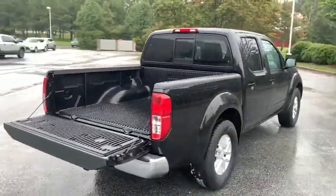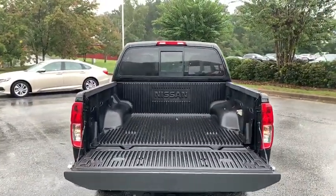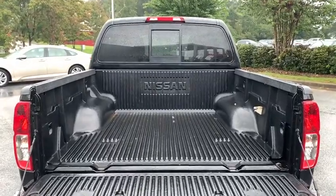This vehicle is CARFAX certified one owner and qualifies for the CARFAX buyback guarantee. This beauty is sure to make you the talk of the neighborhood, so